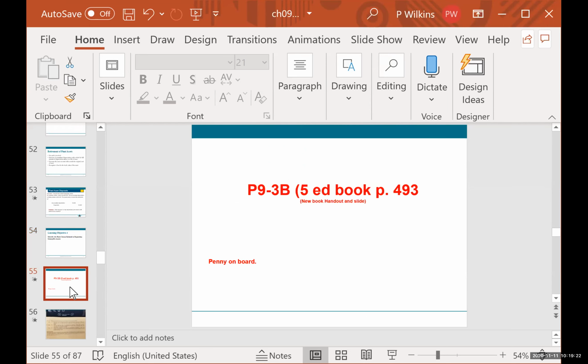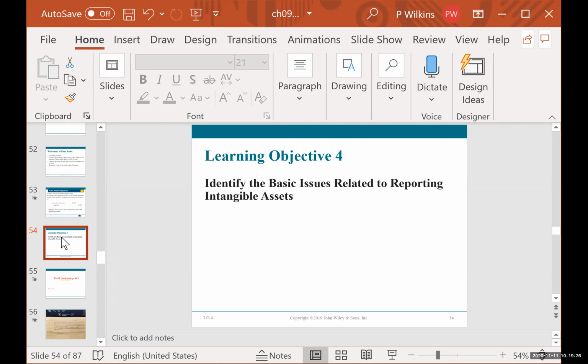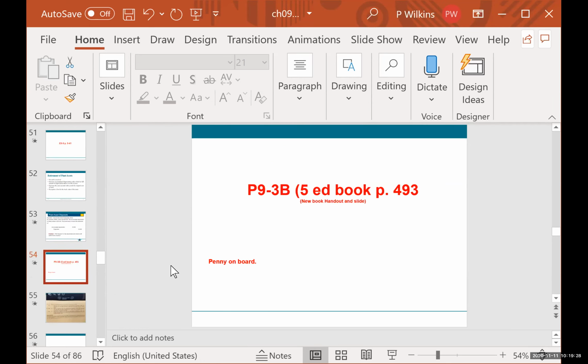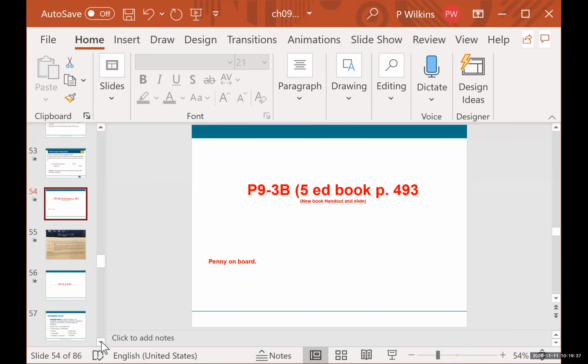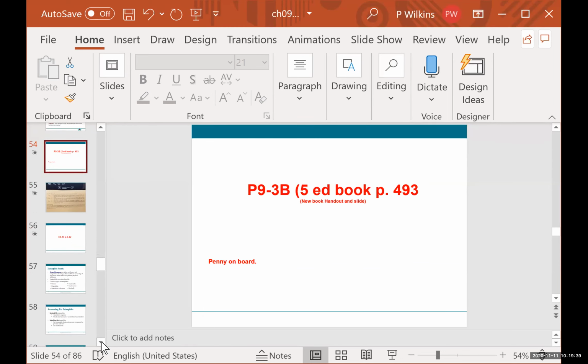Now we are going to do a problem that I'm actually going to take that slide out. That's not the right one. Okay. We are going to do a problem. I'm going to do a problem for you, not in our book. So this is one that's going to be on the slide here that you can take a screenshot of if you like, or you can pause the slide and write it down if you like. This is from the old book, but